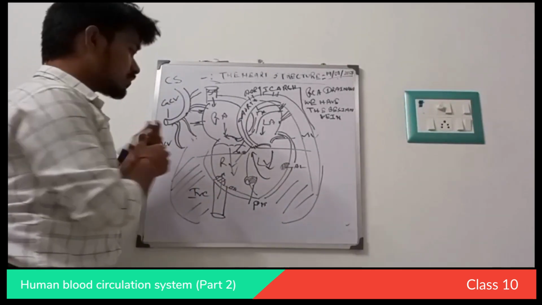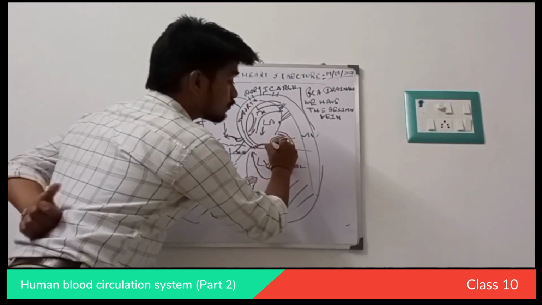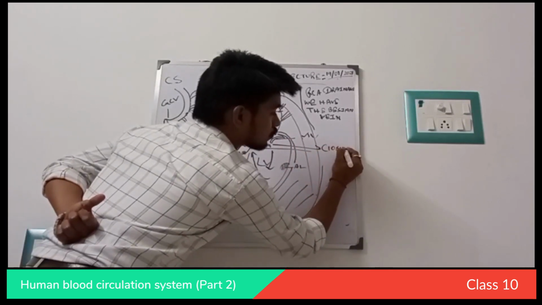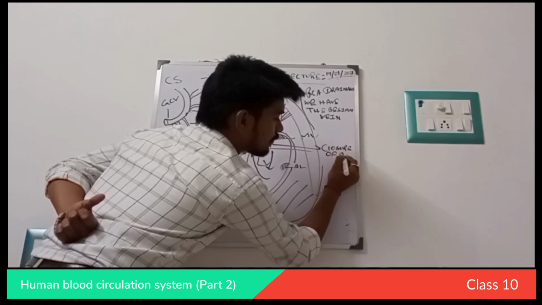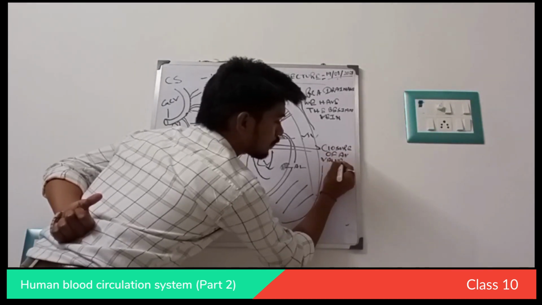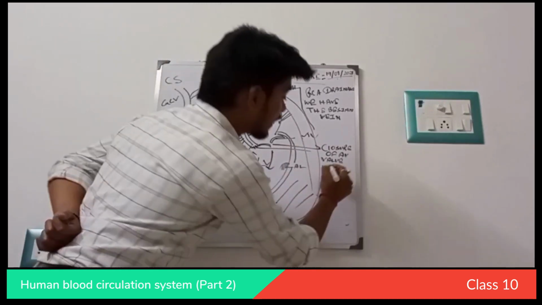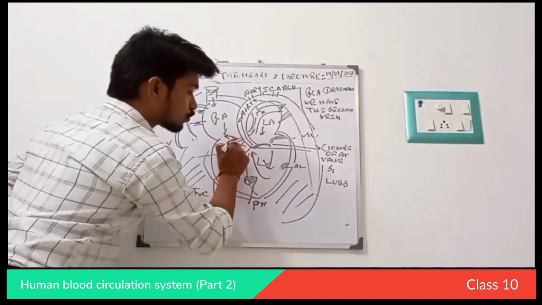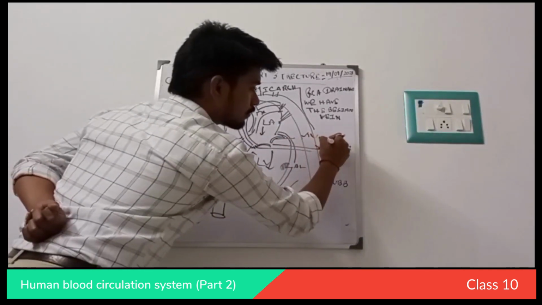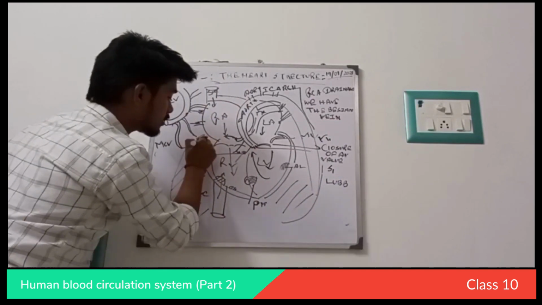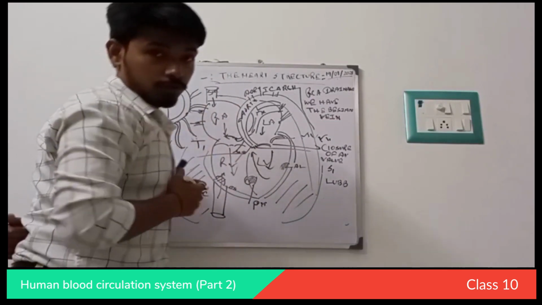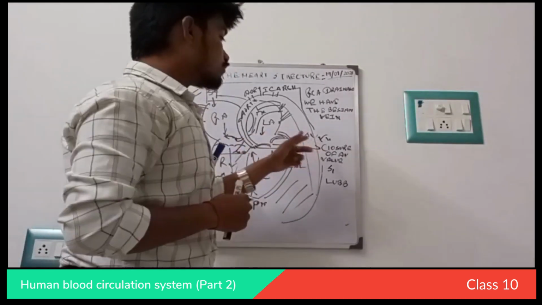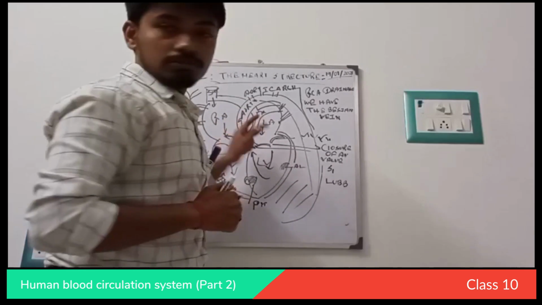So the first heart sound is mainly caused by the closure of the AV valves. The closure of the AV valves is responsible for S1, which is LUBB. Closure of the AV valves means both: M1, the mitral valve component 1, and T1, the tricuspid valve component 1. Both are AV valves. So the first sound is due to the closure of the AV valves. AV valves mean atrioventricular valves.